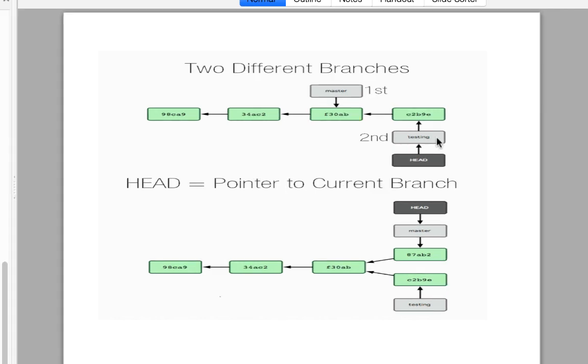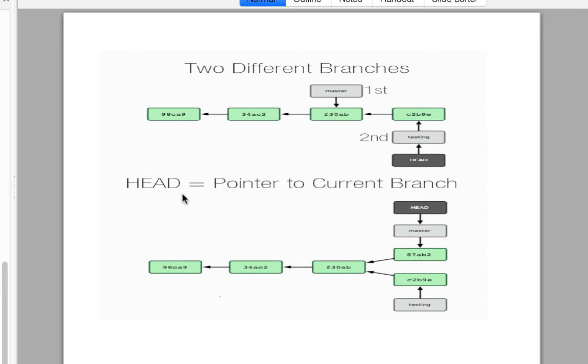So we require another pointer to find out on which branch currently we are, because we have the master branch and we have the testing branch, but we should know currently which branch we are on. So that pointer to the current branch is known as the head.